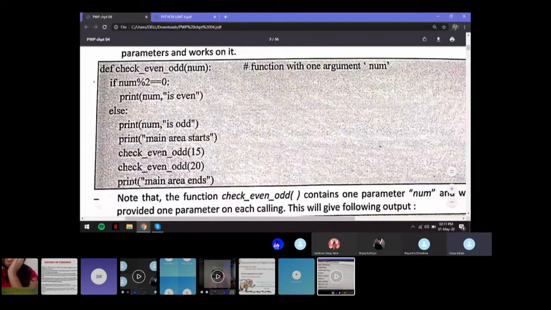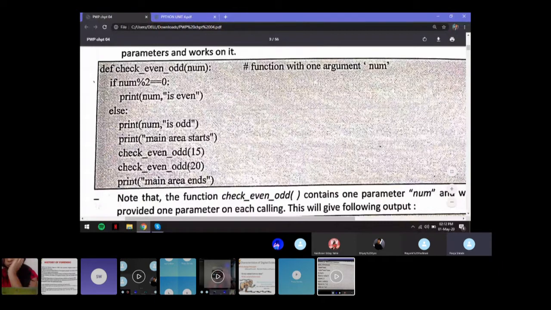Okay, so print main area starts. Now you're calling this function check even odd. So in this function call, you will pass a number, whatever you want, inside the brackets. So that will be passed as an argument to your original function definition. Over here we are passing the number 15.